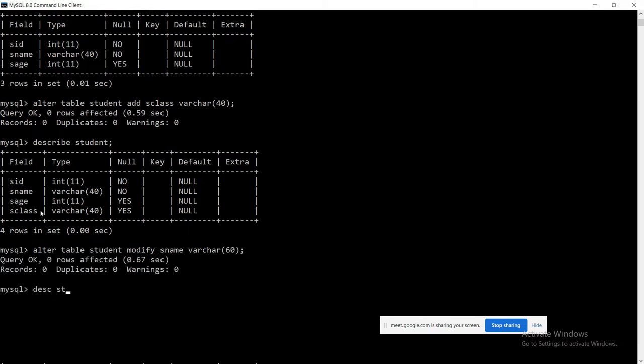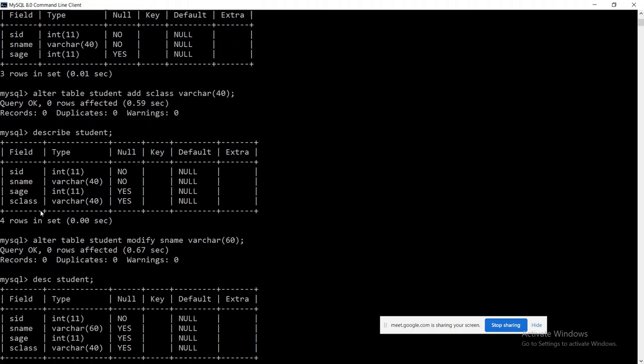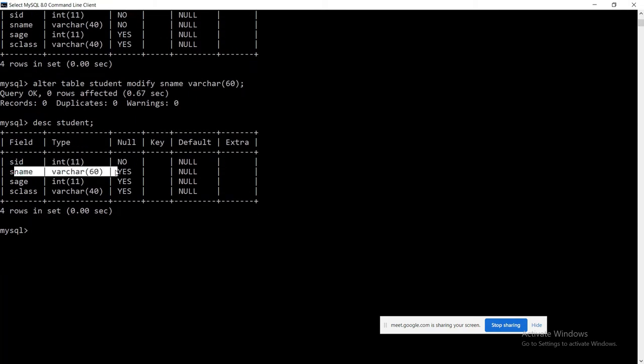You can go for describing student. You can observe, guys, it has modified its data type to 60. This is the way you can modify its properties. Similarly,